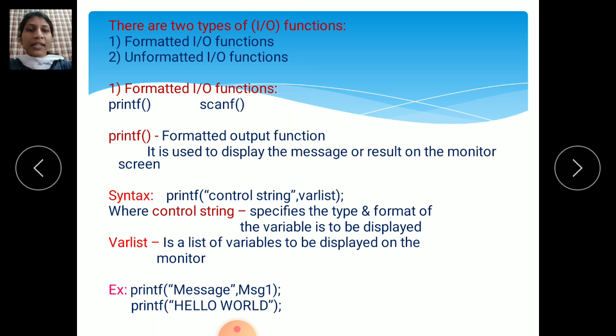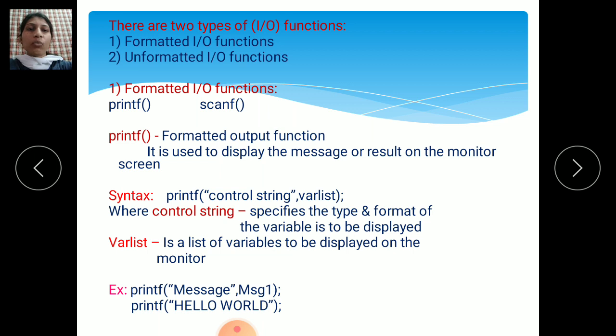See here, another example: printf, I want to print the hello world message on the monitor screen. If you want to print only a message on the monitor screen, write that message, hello world. I have written message and message 1 here because message 1 means enter the number. Which number do you want to enter? Here write num1, because I want to enter number 1.